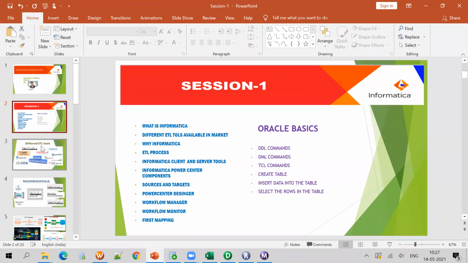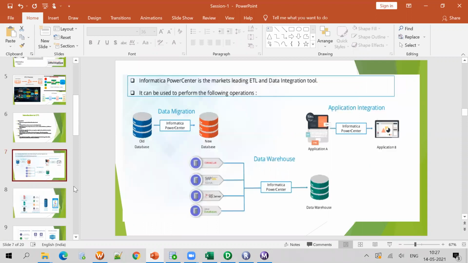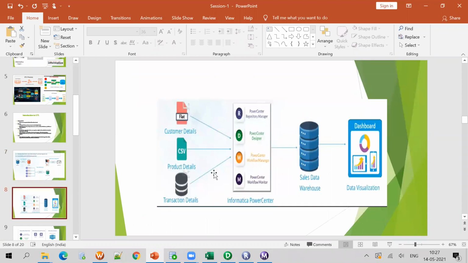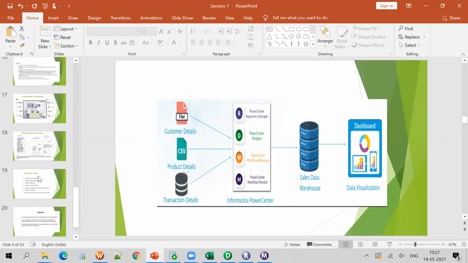Yes, I have one question. The target is to load the data into the target table, right? Correct. Can we load the data to an Excel file, CSV file, any file like that? Yes, anything. As I told you, whatever sources we are using here, we can use these as targets also. Informatica is so powerful that you can read from any database and load it to any database, whether it is a file, CSV, anything. Oh, okay.